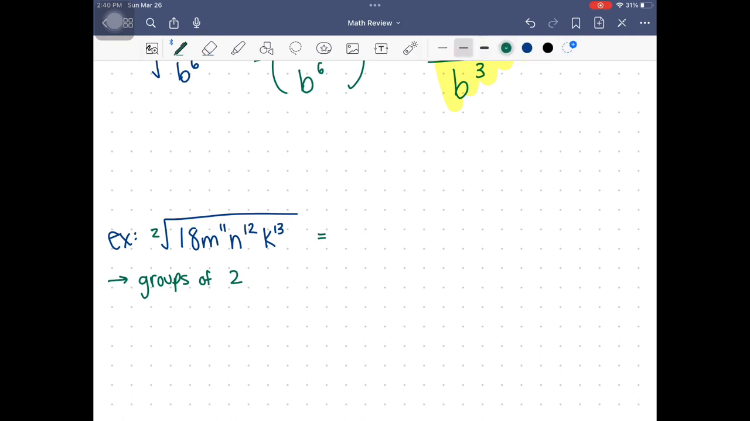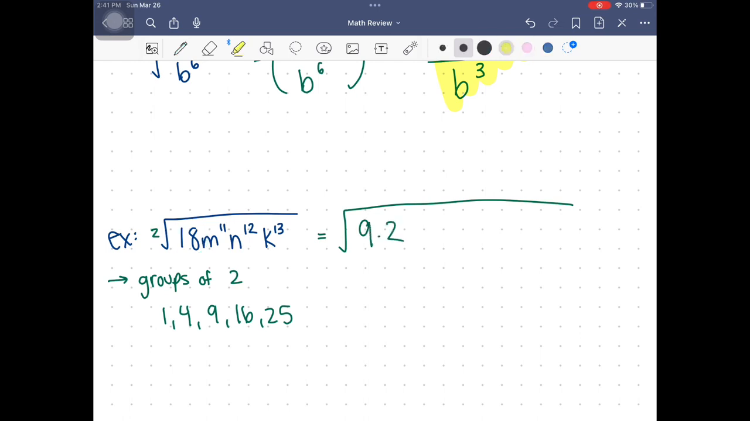Okay, so now we need to get groups of 2. So we have a perfect square: 1, 4, 9, 16, 25, and so forth, okay? I notice that my 18 right here can be written as 9 times 2. The reason I do that is because I need a perfect square in here, and that's where that comes from, okay? Now, with my m, since it's a square root, I just need everything to be in multiples of 10,